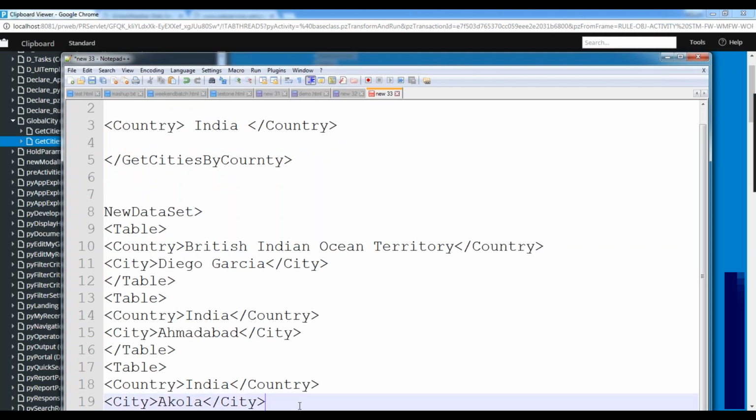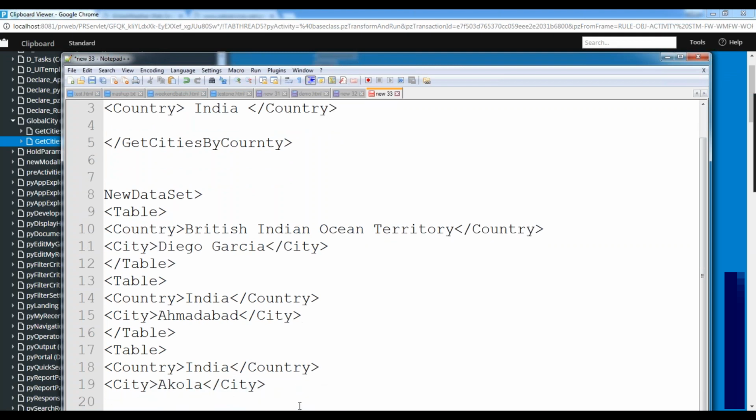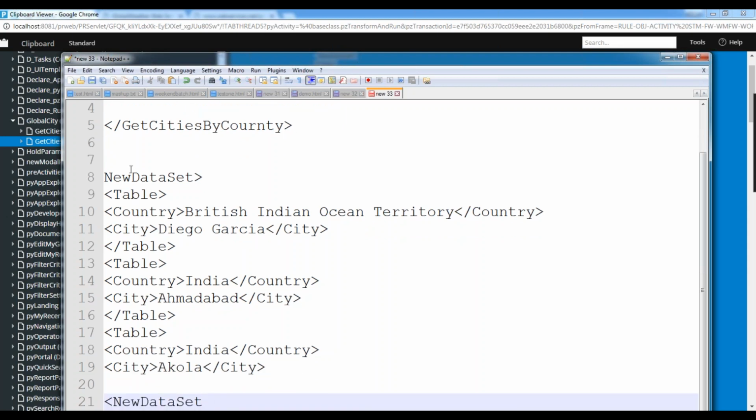So this is a simple thing. If you see here, this is how it is coming. New data set. Some table tag is there. Within the table tag, within the new top level is new data set. Within the top level we have data. You can see table is repeating again. Table is a repeating element, and within the table you can see country name, city name. Country and city are the actual properties because those are the values we are storing, and the remaining things are like